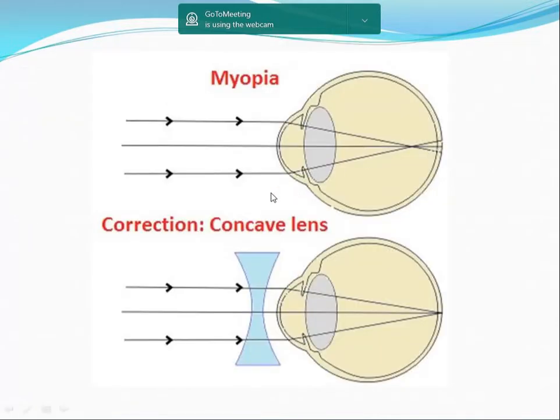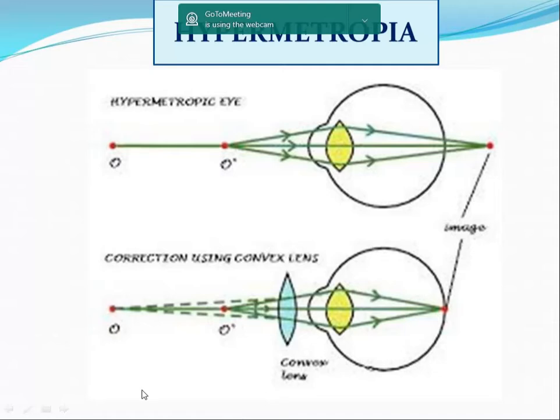This is just a repetition. In myopia, because the image is falling in front, we give biconcave lenses so that the incident rays of light become slightly divergent and the image is able to form over the retina. Similarly, in hypermetropia, we aid the converging by giving a convex or converging lens so that the image falls over the retina instead of behind the retina.